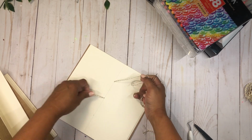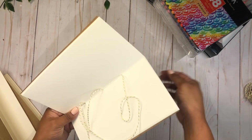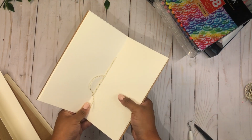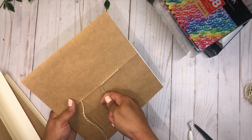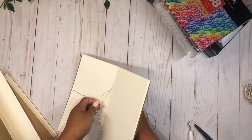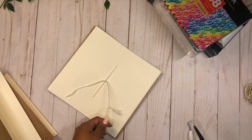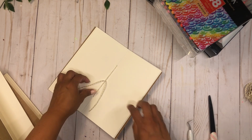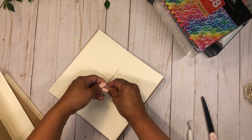through, and then we're going to go on the bottom, and then we're going to come in again to the center just like that, and then you just want to pull these through, and then we're going to cut right there and just make a double knot here on the center